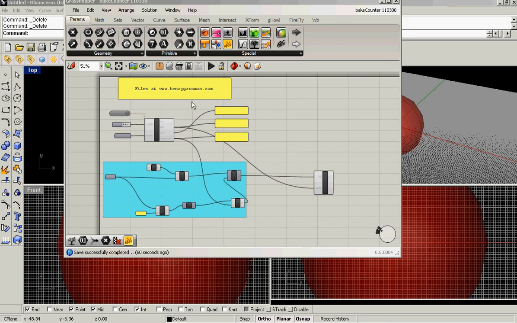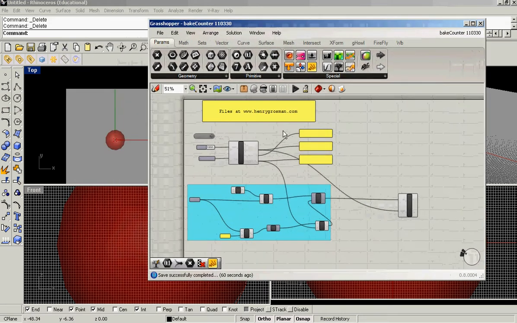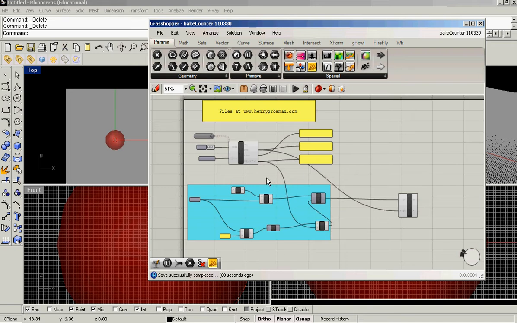Okay, so this is a quick walkthrough of a way to automatically bake objects at an interval. This file is going to be on my website if you're not already there,